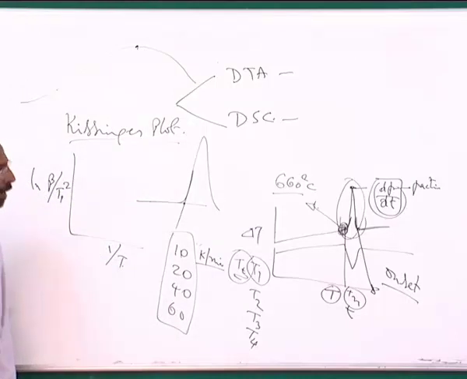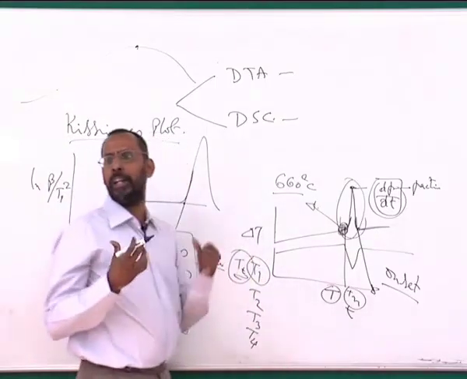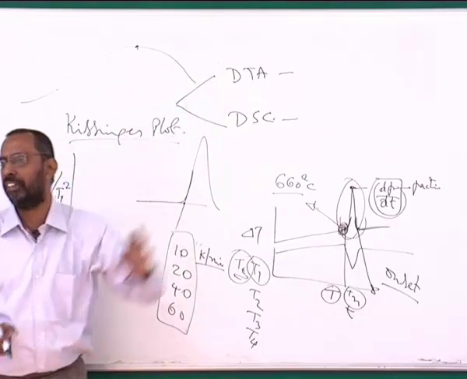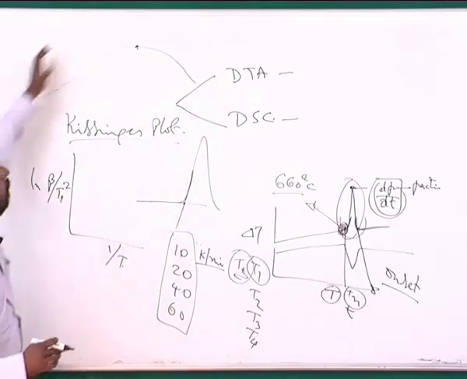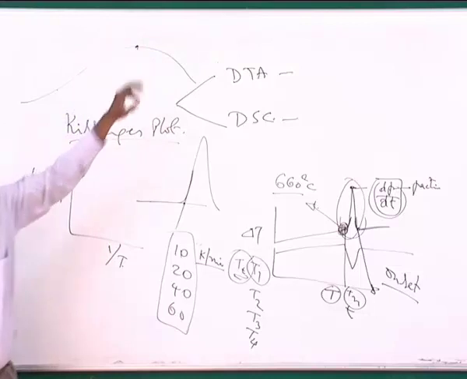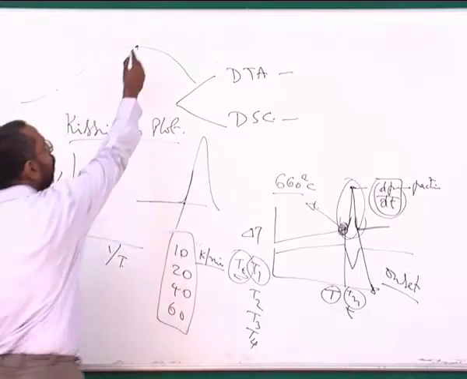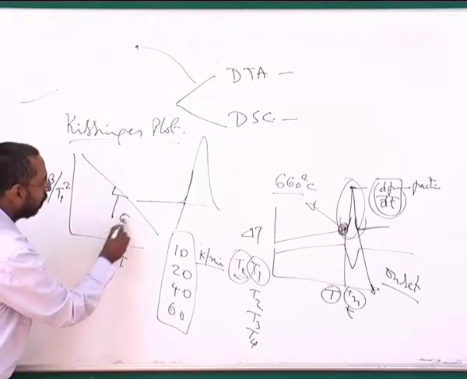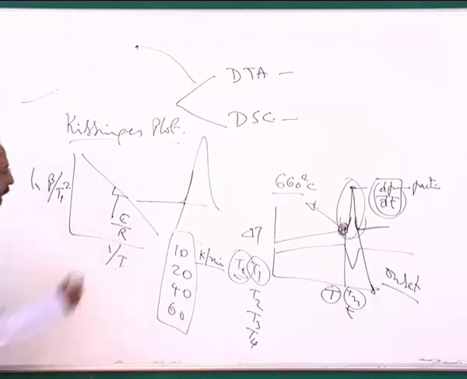Okay, there are certain transformations. For example, when we come to DSC, you will see that when you take a strained material, let's say rolled copper, and heat it, the strain gets released and you get a recrystallization happening. This recrystallization happens over a range of temperature. So you get a very broad peak, and it becomes very difficult to identify the onset, and people use the peak itself. So measure the peak and take the ratio, and this gives you a plot like this, where the slope gives you E by R, where E is the activation energy for the transformation, whatever the transformation is.